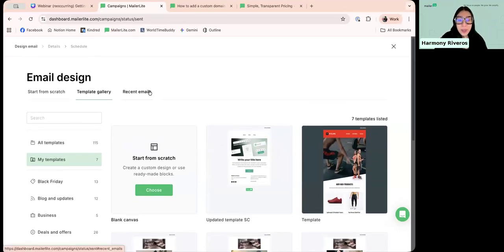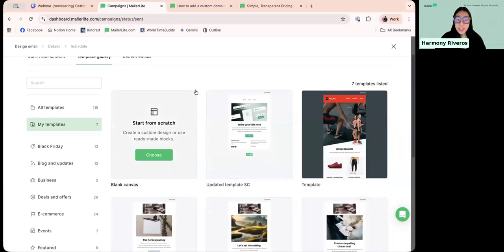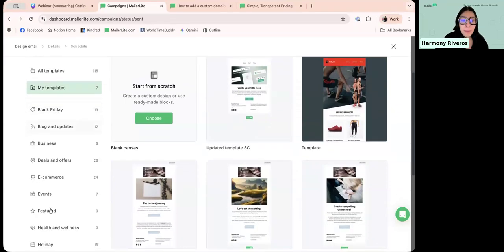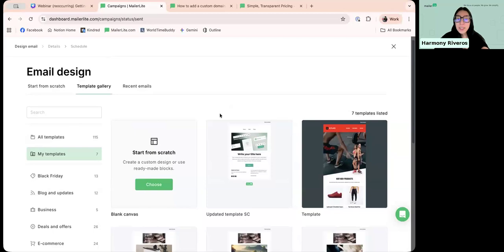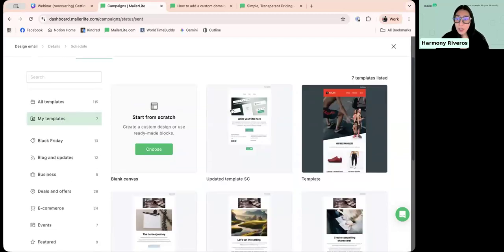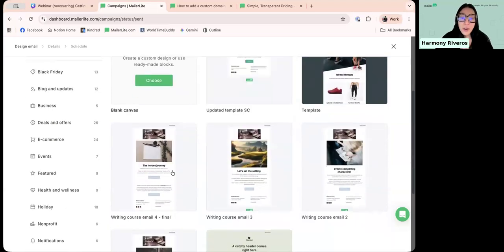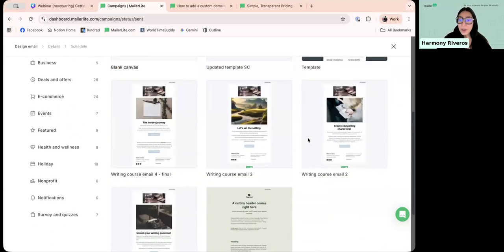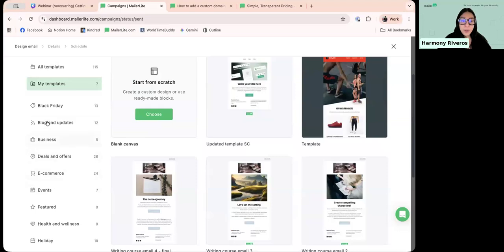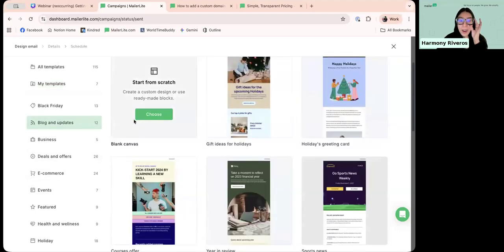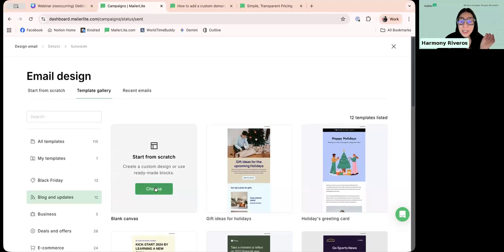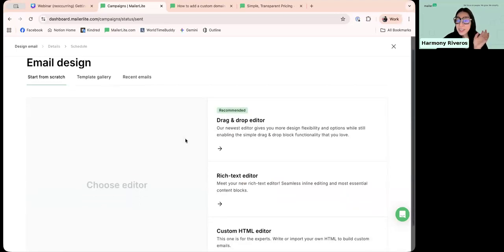So here you can see we have the option to start from scratch, and that is just creating an email from the default design, or we can choose from many different templates. So templates are available on the free trial, but they're not available on the free plan. So you will need to upgrade to a paid plan if you want to use more of the templates beyond the free trial. But in this case, I will just start from scratch so that we can see how the